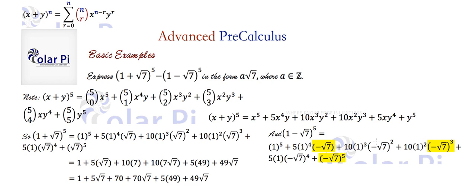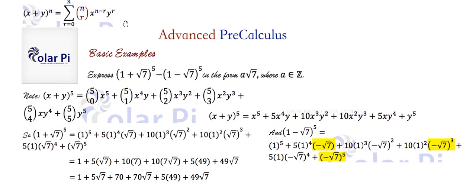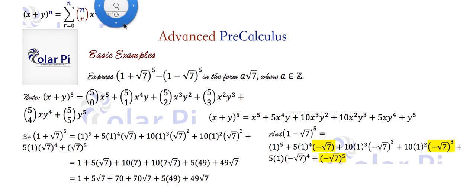And this guy, however, is going to be positive because negative root 7 squared is just 7, right? Whereas this guy is going to be negative like this second term, right? This fourth term is going to be negative because we've got negative root 7 cubed, and that's going to be negative 7 root 7, this part, right? All right, so then the 3 highlighted guys are going to be negative, as I just explained,